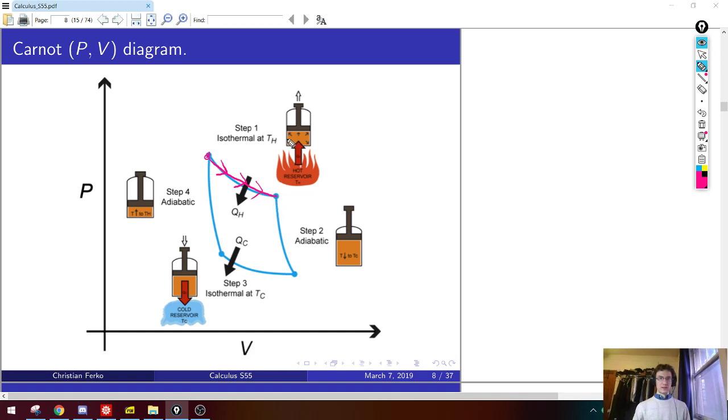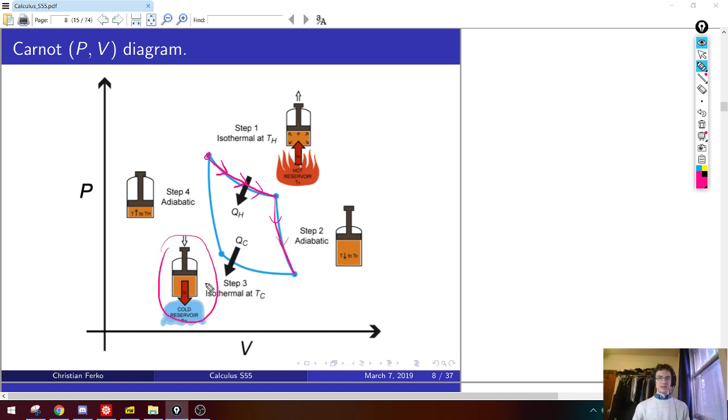because we're doing this isothermal expansion. So if he's expanding, he's losing pressure and getting bigger. So you can imagine some big area here. The area under this one leg is all of the work that we're getting at the isothermal part. Then I take him away from the heat source and let him adiabatically expand a little more. So now he's going to move along this different shaped leg. Again, the pressure is decreasing and the volume is increasing a bit.